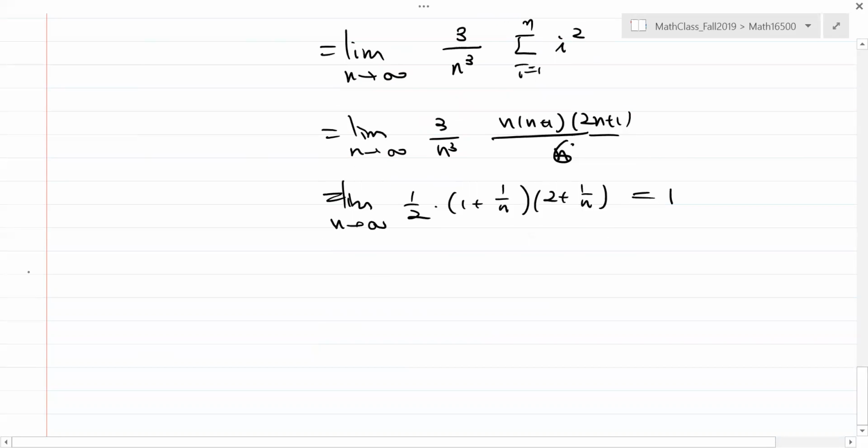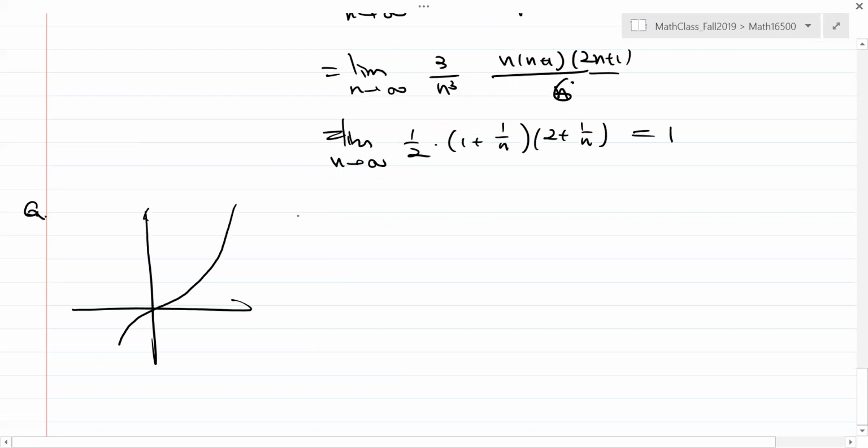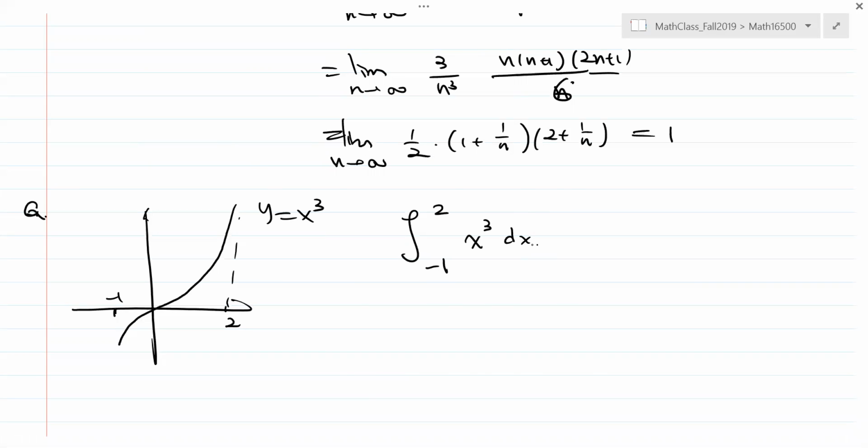All right. So the next one. Next one. This is y equals x cubed. Okay. Evaluate this integral from -1 to 2, x cubed dx. I think it's positive because the sign in area is going to be positive because this one and that one canceled out actually, right? So my opinion